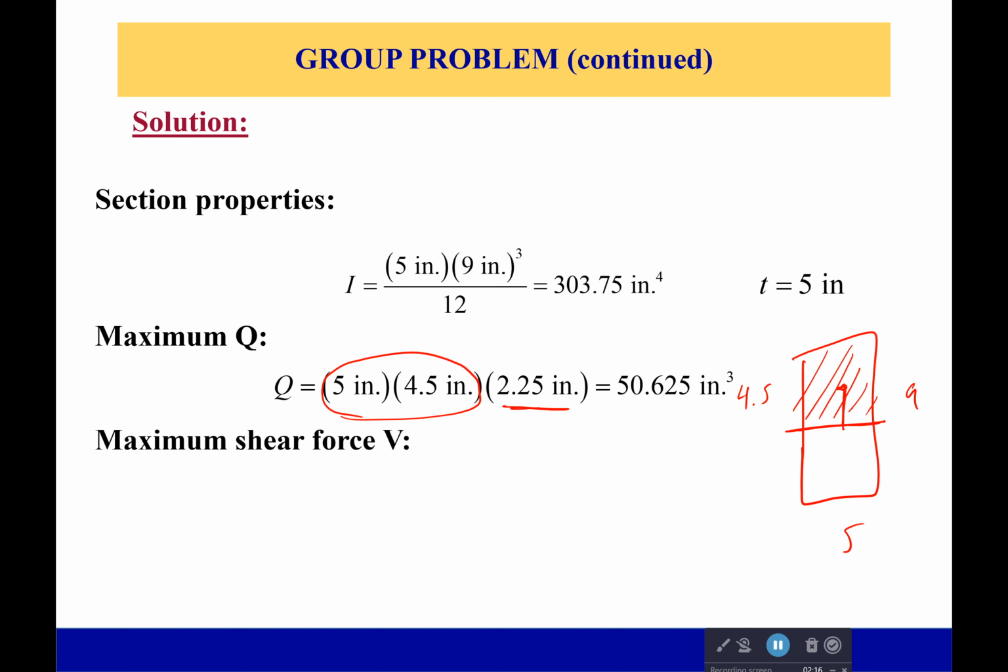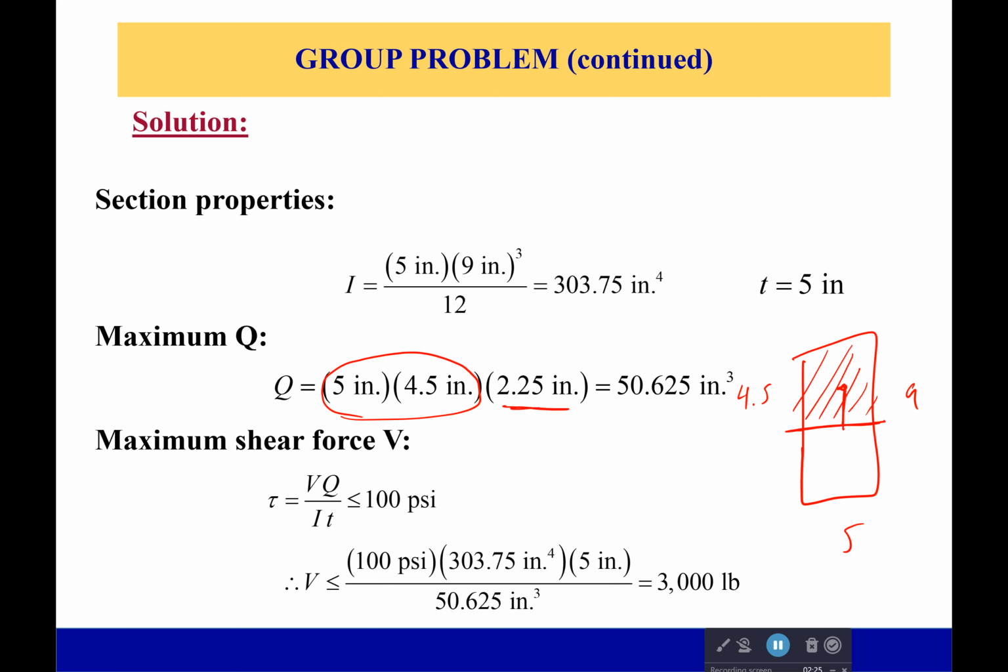What's our maximum shear force V? Well, we don't know what that is because we don't actually know what P is, but we're going to get it in terms of the applied load. Actually, we're going to do it a little bit differently. We are going to say, okay, our max shear stress is going to be 100 psi. We can't go above that. And so with that, we're going to solve